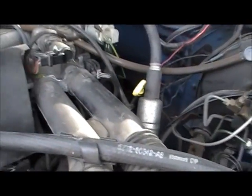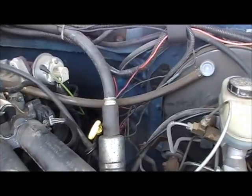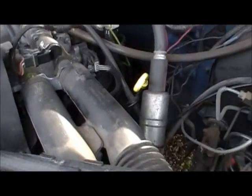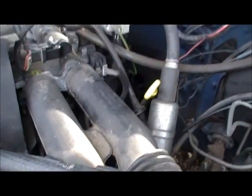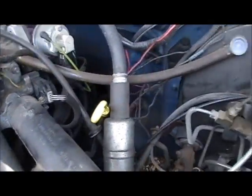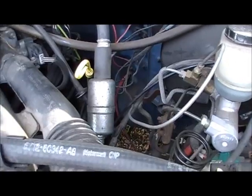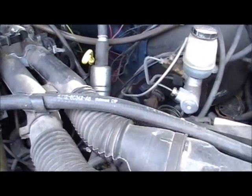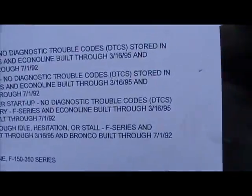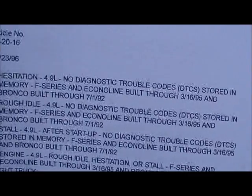Alright, what I have got here, I am working on my F-150 with the 4.9, and it has the hesitation issue again. I've cleaned electrical connectors and cleaned throttle bodies. That's helped it a little bit, but there are still issues about it. And what I have here is information on TSB, Ford's Technical Service Bulletin, number